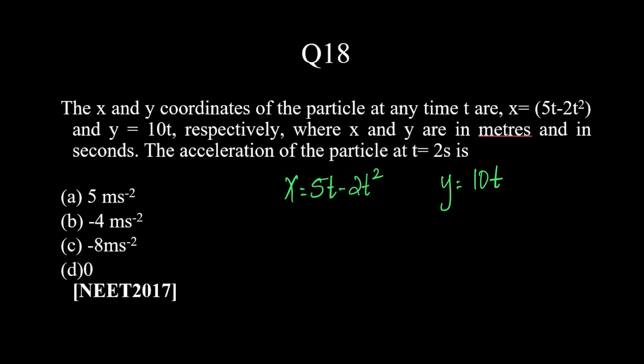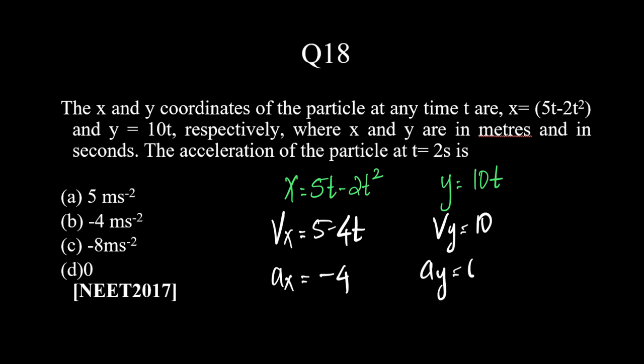In the examination hall, all we'll do is Vx is 5 minus 4t, Vy is 10, so Ax is minus 4 and Ay is 0, and A is root of Ax square plus Ay square. For examination purposes, A is just minus 4, so A is a constant and is not proportional to time,